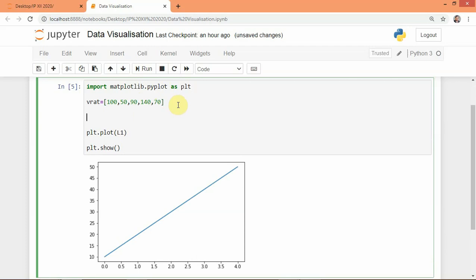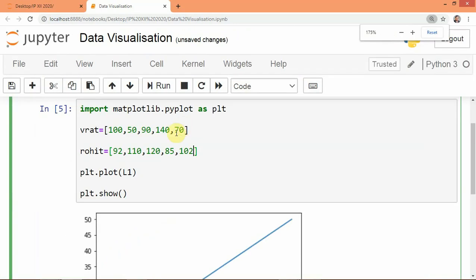Again I will take Rohit equal to, Rohit has scored 92, 110, 120, and 85, and 102. So these two lists are showing the runs scored by two players.